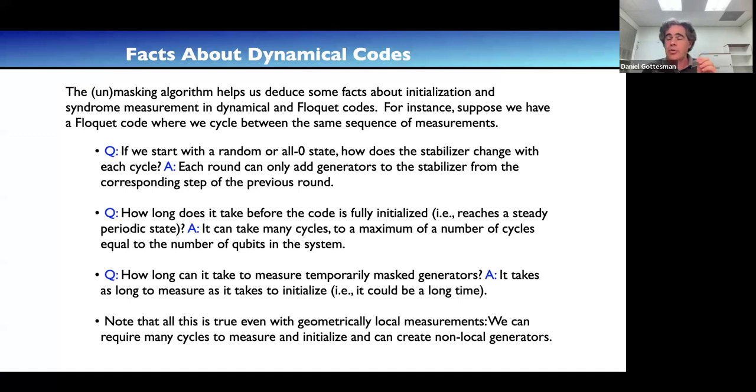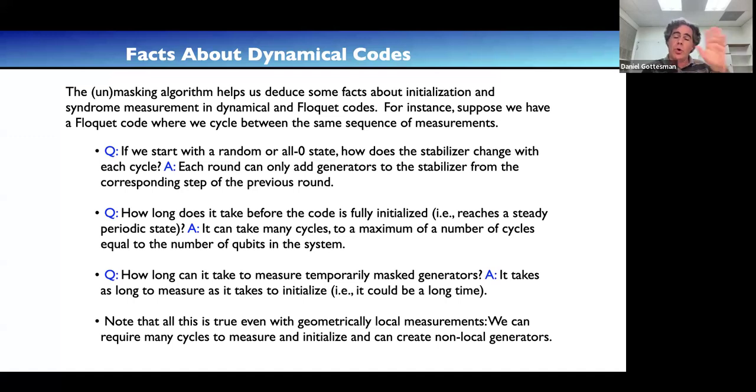And so there's a maximum number of cycles that you could use. The maximum size of an ISG is the number of physical qubits in your system. Every cycle you could be adding one generator, but you have to stop once you've reached n generators when you have n qubits. So the number of cycles you have to do is at most equal to the number of qubits in the system. But we found examples where it actually takes that long. So it's not just 1 or 2 cycles. It can be many, many cycles, and when n is very large, it could be linear in n. So it can take a really long time to reach equilibrium, albeit not exponentially long.